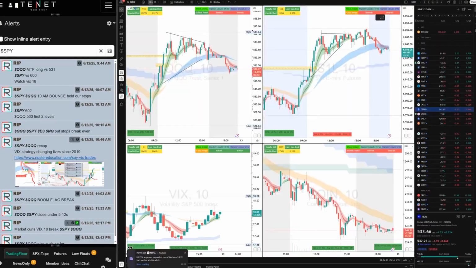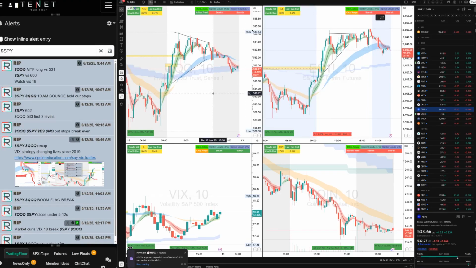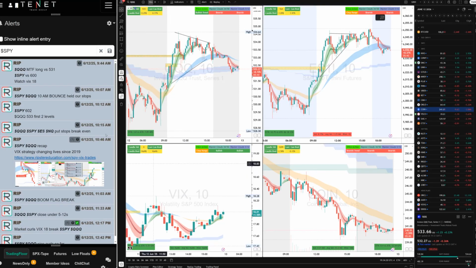So let's see what happened right when the market was opening. I'm going to keep ES futures here instead of SPY so that you can understand, and I'm going to show you QQQs right here on this side, and we're going to keep VIX at the bottom. So we had a plan. We waited. I waited the first few minutes.